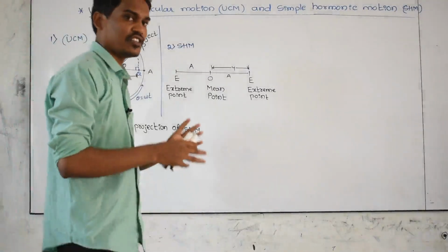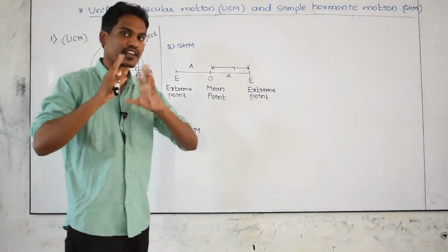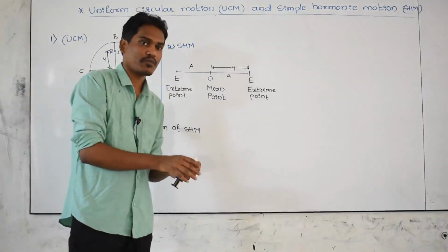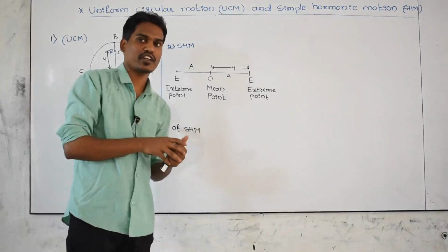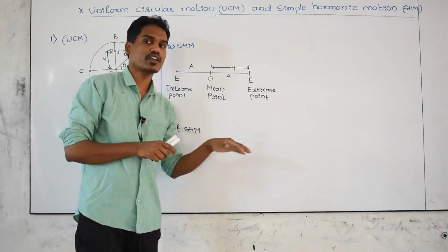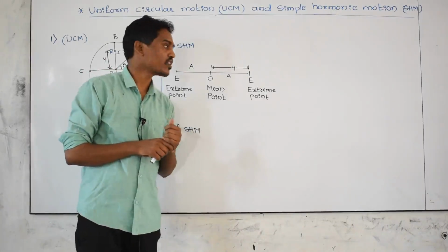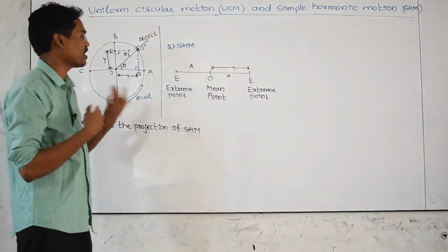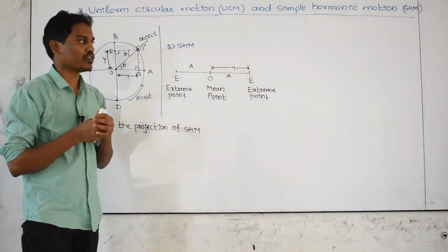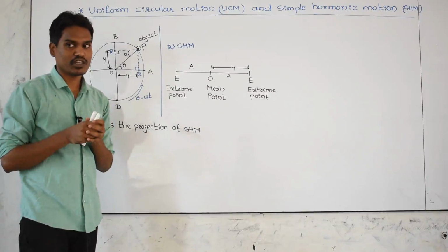Just now you observed this, and you are getting some idea about it. On the circular plate, the white ball is moving in a uniform circular motion, but in the shadow it looks like a simple harmonic motion. And now we have derived a relation between uniform circular motion and simple harmonic motion by using one of the equations.